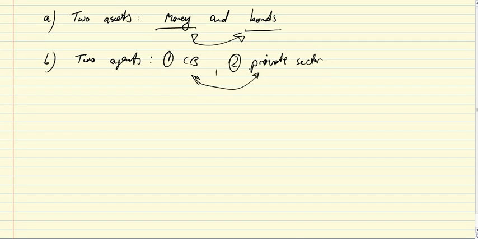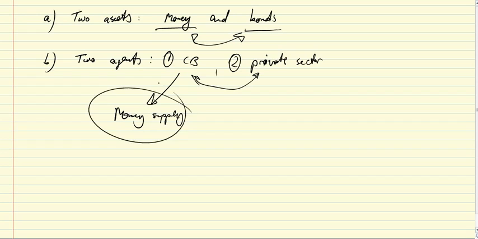So the central bank, as you'll see, determines the money supply, which is a somewhat outdated assumption. In reality, the central bank rather targets the interest rate, but we can go with this textbook version since it is a good first approximation. And the private sector participants